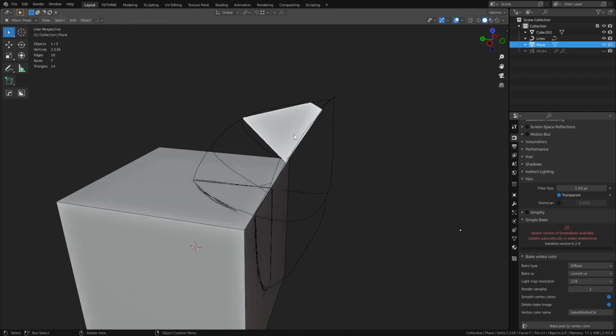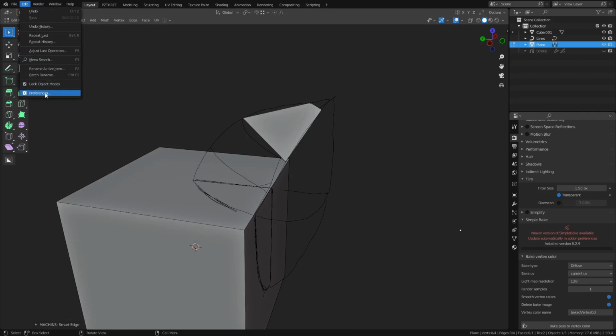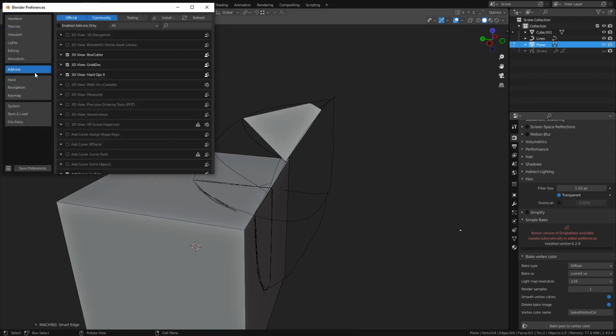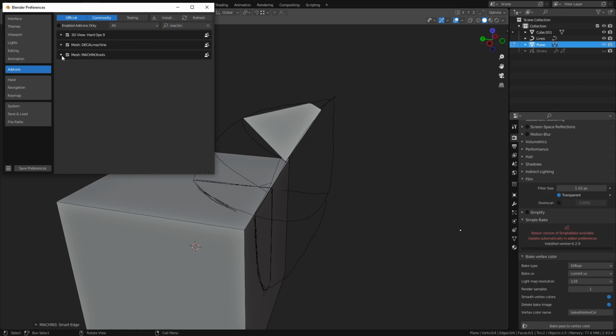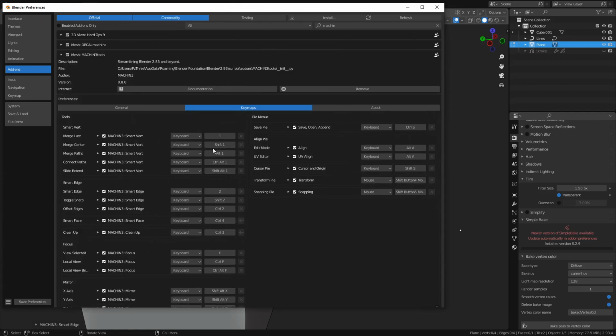Trying to figure out why I'm getting the cut tool when I press 2. Machine Smart Edge is popping up. I had this happen earlier, so if you do use Machine Tools, occasionally this will happen where Machine Tools, for whatever reasons, forgets my hotkeys. So it's going to be a little interruption to this video, but you can see it reset to 1, 2,